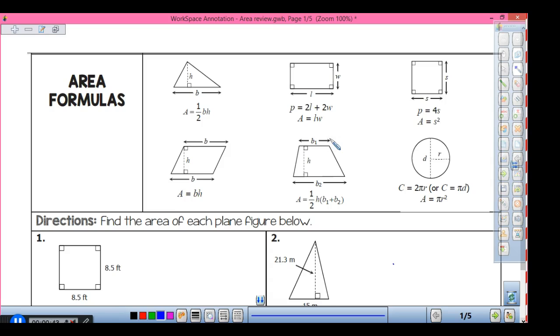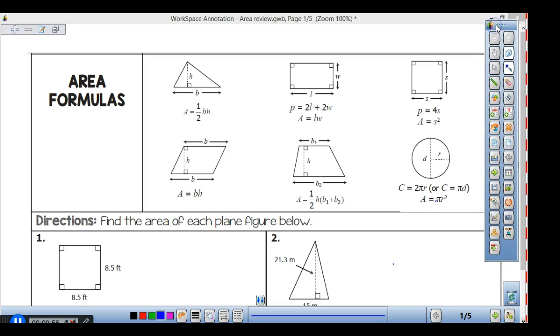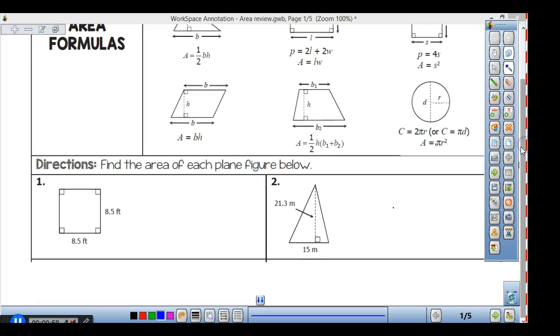Circumference of the circle, 2 pi r. Area of the circle, pi r squared. Everyone has seen those, correct? At one point of your life, I'm hoping. If not, we're in trouble. All right, so